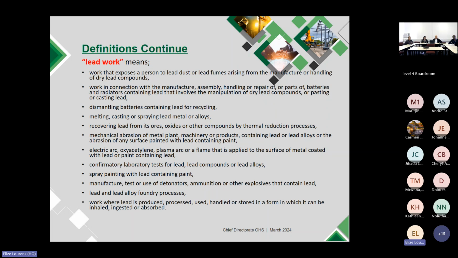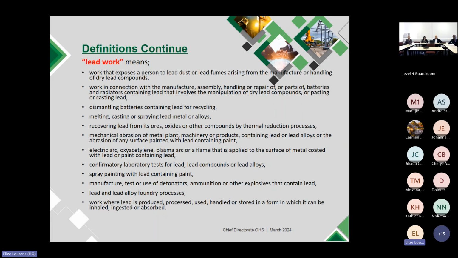Dismantling batteries containing lead for recycling, melting, casting, spraying lead, metal, or alloys, recovering lead from ores, oxides, or other compounds by thermal reduction processes, mechanical abrasion of metal plant, machinery or product containing lead or lead alloys, or the abrasion of any surfaces painted with lead containing paint,